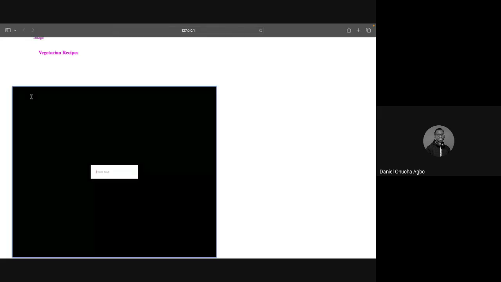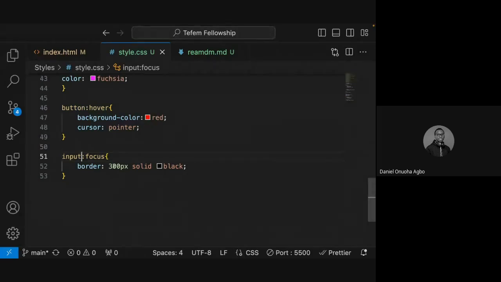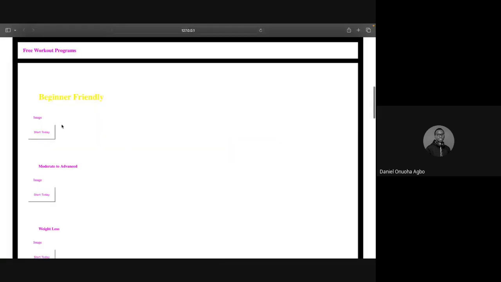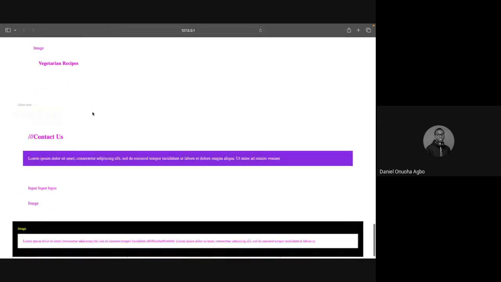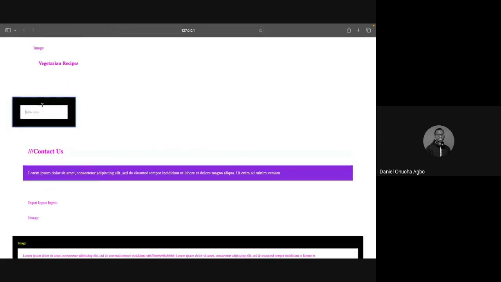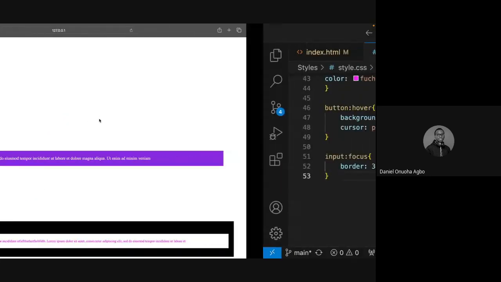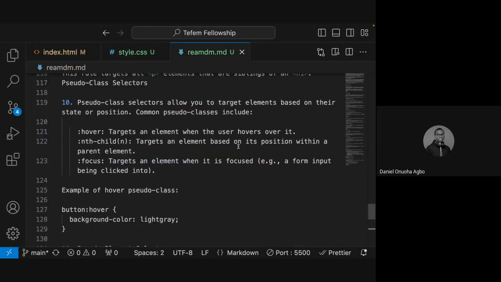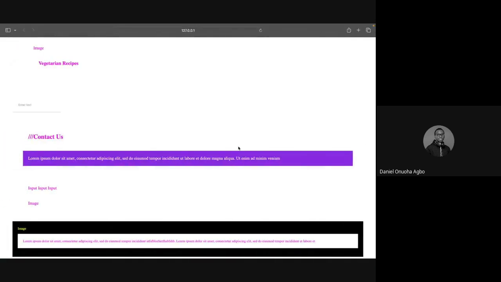So once I click on it, I'm going to reduce it so that we could see that reduced in there. And once I focus, you get the border radius there. So that's for the pseudo class. For the pseudo elements, we will use